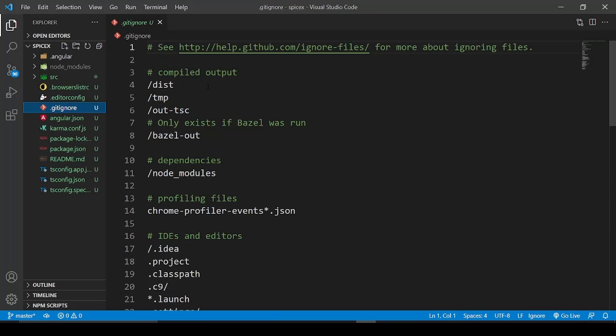Next is the .gitignore file. If you know about Git and GitHub, then you might be aware of this .gitignore file. If you are going to make your work open source, like pushing your work on GitHub or any other open source tool, sometimes we want to hide some files from people, like we don't want to make them public. For example, any private key or environmental key.